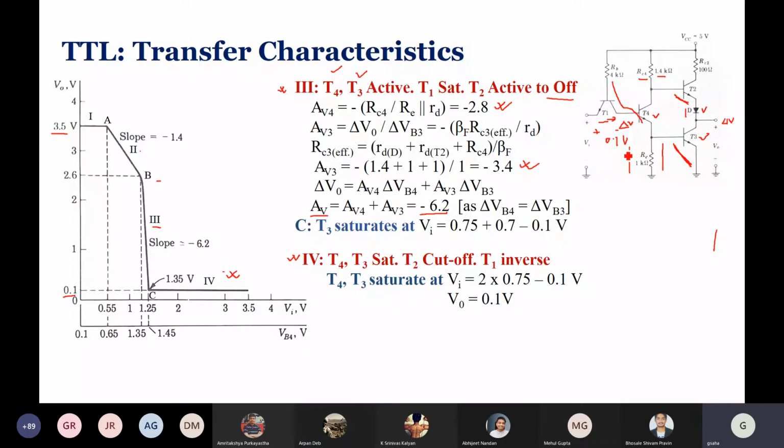So earlier, this was collector, this was emitter, so this side was plus and this side was minus. So this was 0.1 volt, so whatever voltage was here, this was 0.1 volt less. That is what we were doing as calculation. Now when it goes into the inverse mode, this side is emitter and this side is collector, so this side will become 0 plus and this side will become minus. So after the inversion, this will become plus.